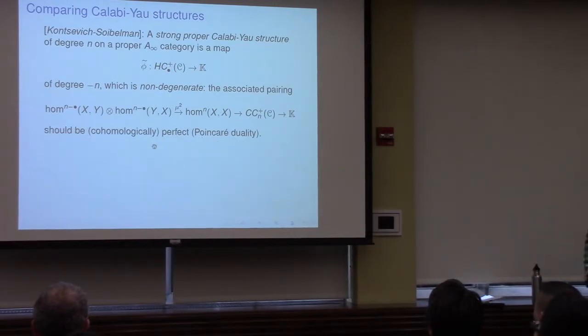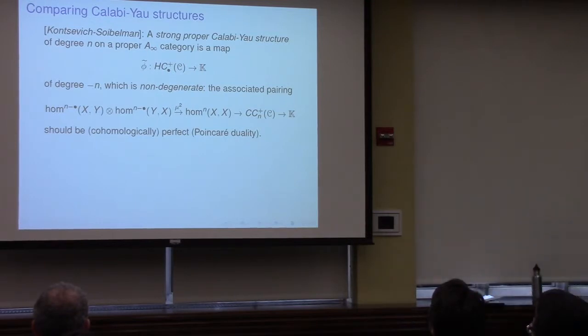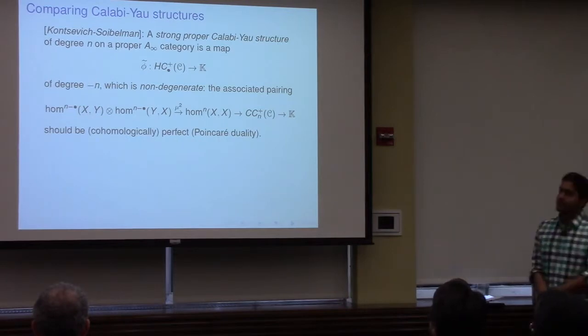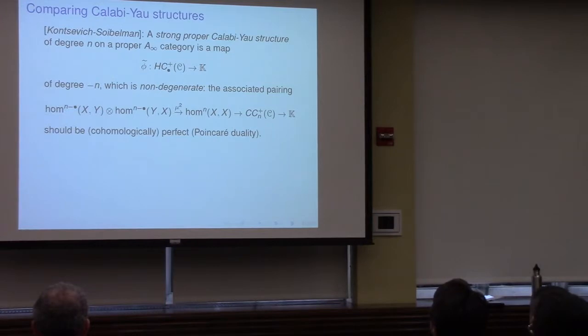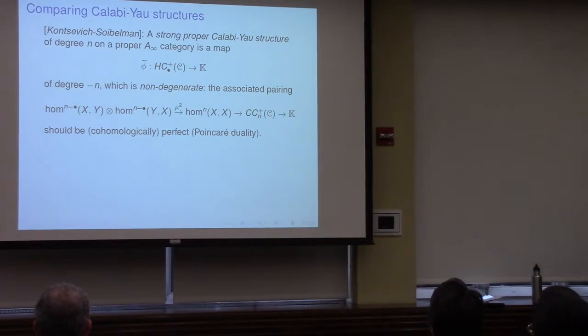Okay, so one of the other results I stated is that there's a canonical equivalence of Calabi-Yau categories. So maybe I should say what a Calabi-Yau structure is. We're going to use a version of this definition due to Kontsevich and Soibelman. If you have a proper A infinity category, a strong proper Calabi-Yau structure is a morphism of degree n from the positive cyclic chain complex of your category to the ground field, which is non-degenerate, and non-degenerate just means